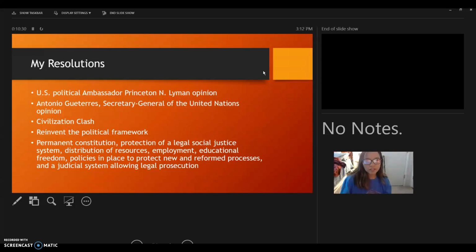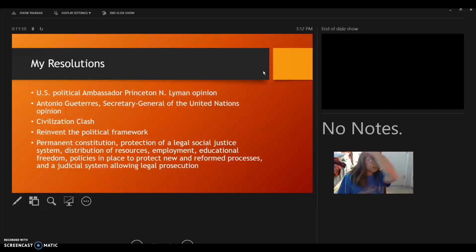Antonio Guterres, the Secretary General of the United Nations, mentioned four things that I thought were quite interesting. Number one was restoring the peace process, unrestricted humanitarian access, freedom of movement for the United Nations mission, and then of course a future for a regional protection force. And that protection force is what we would call police. We need to have police. We need law enforcement. Okay, that's a big thing. Who are the bad guys? We need a judicial system. We need to have legal prosecution.